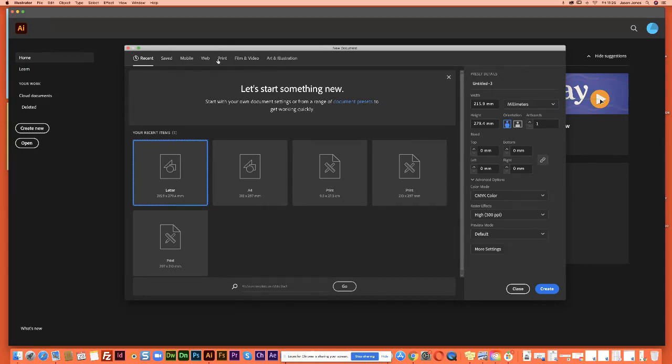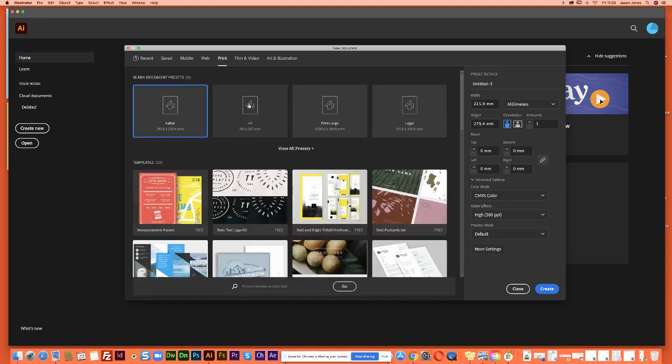The option I'm particularly interested in this morning is print, and then A4, and it doesn't really matter about orientation, portrait or landscape. You can choose, so portrait and landscape is absolutely fine. What's useful to know here is artboards. It's the similarity, the same process of creating canvases in Photoshop, multiple canvases, but in Illustrator they're called artboards, and you can create multiple artboards,